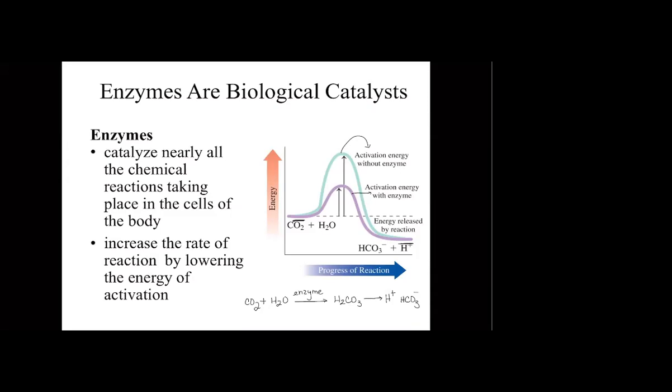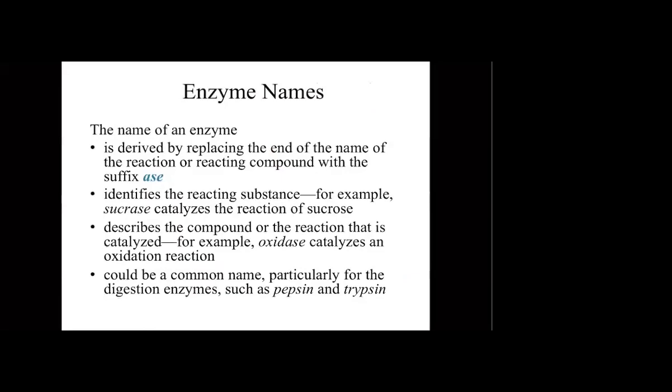Now, when it comes to enzymes and their names, understand that their names are varied, okay? One of the most common things that we see in biochemistry when it comes to enzymes is that many names end with the suffix "ase." So whenever you have certain names in front of you, the one that ends in "ase" is going to be the one that is an enzyme, okay?